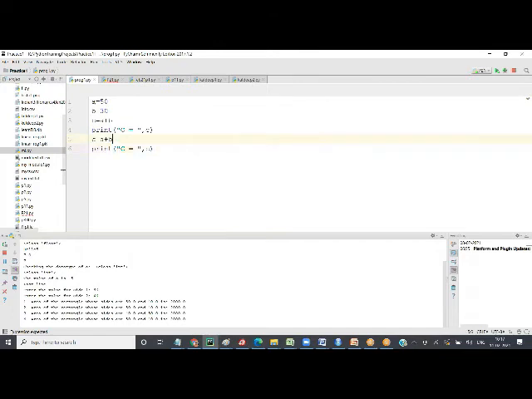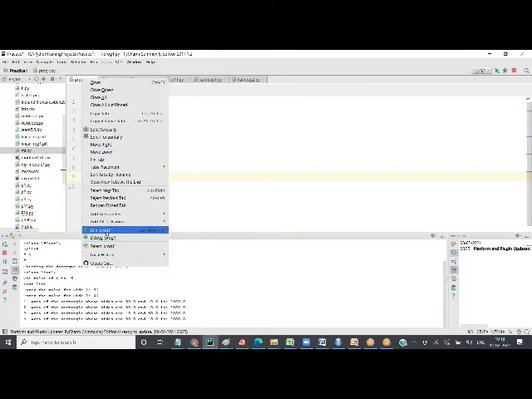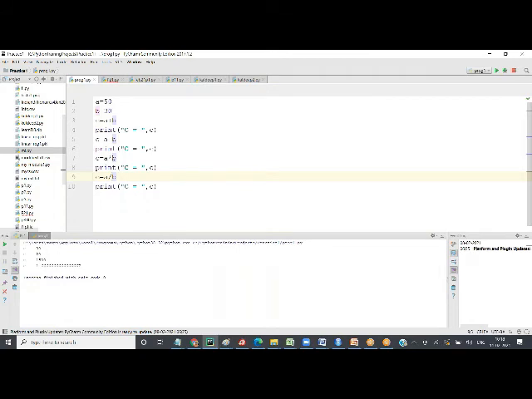How do we do subtraction? Minus. How do we do multiplication? We just did that, star. Division is by, right? So when I run prog1, you'll see 80, which is 50 plus 30, then A, 50 minus 30. B minus A would have been minus 20. Then A into B, and division A by B.